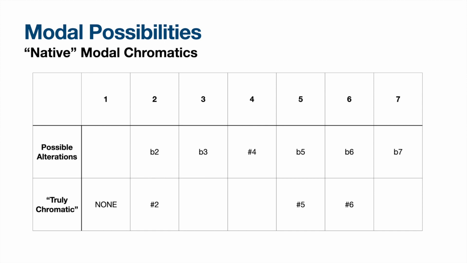Okay, so in conclusion, with the modes, you can have native, quote unquote, chromatic flat 2, flat 3, sharp 4, flat 5, flat 6, and flat 7. And if they're functional harmony, I don't want to call them chromatic because they came from a mode that came from somewhere else. All right. If that helps you out at all,